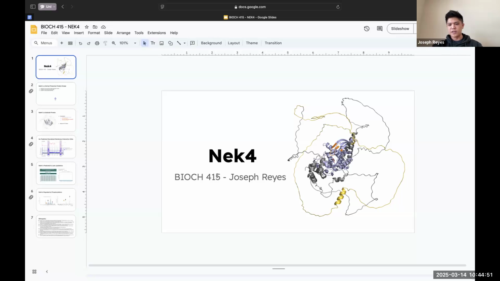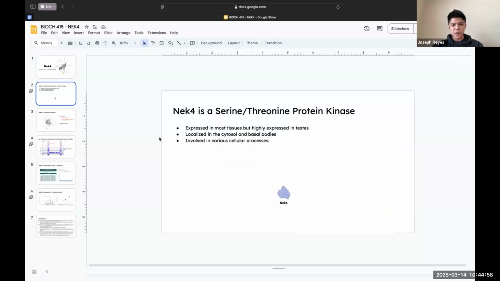NEK4 is a serine threonine kinase that seems to only phosphorylate threonine residues. It's expressed in most tissues, but highly expressed in the testes, followed by the ovaries. In a cell, it's localized in the cytosol and the basal bodies of cilia, and it's involved in several cellular processes, mainly